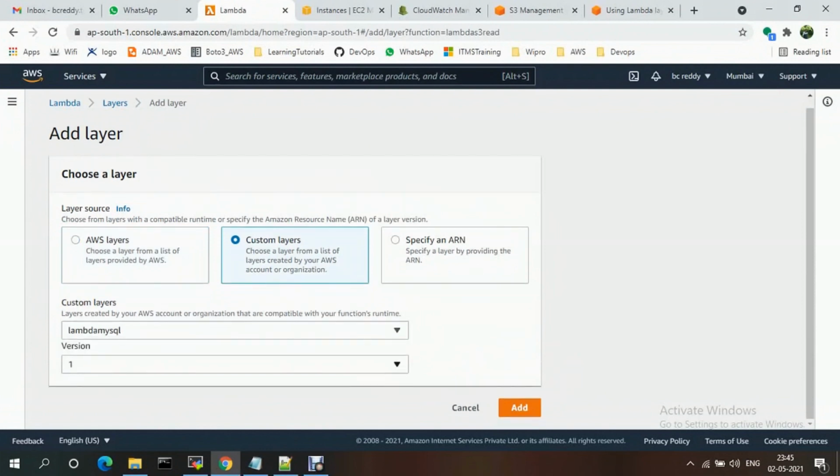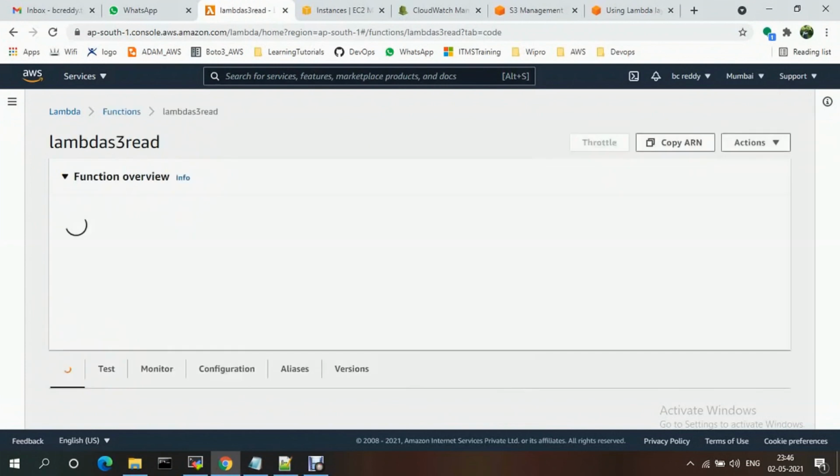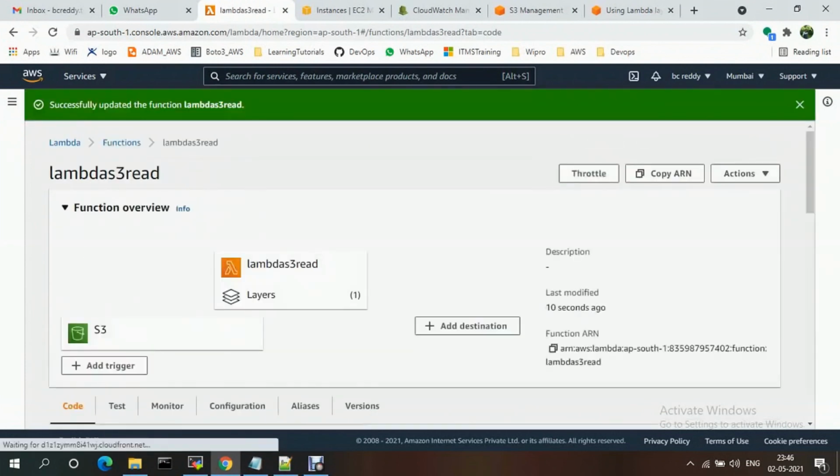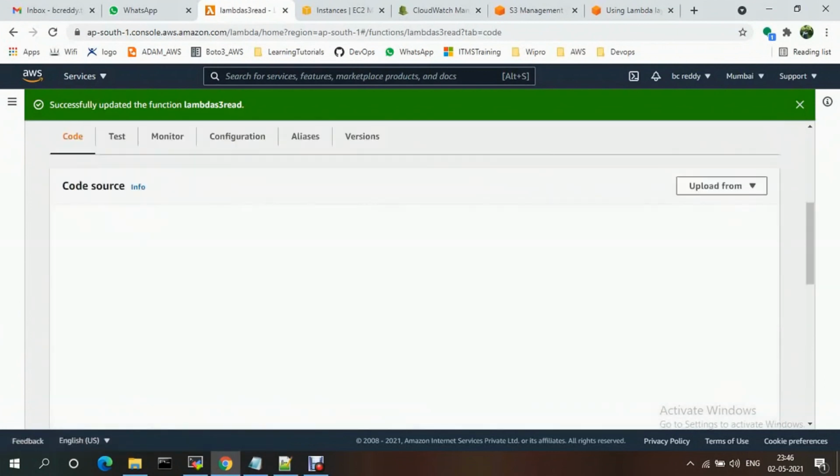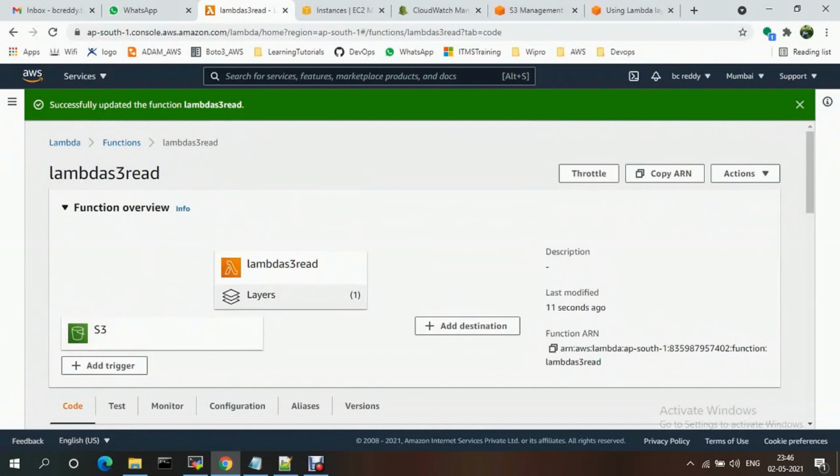You can add up to 5 layers. Like this you can add your own custom layers.